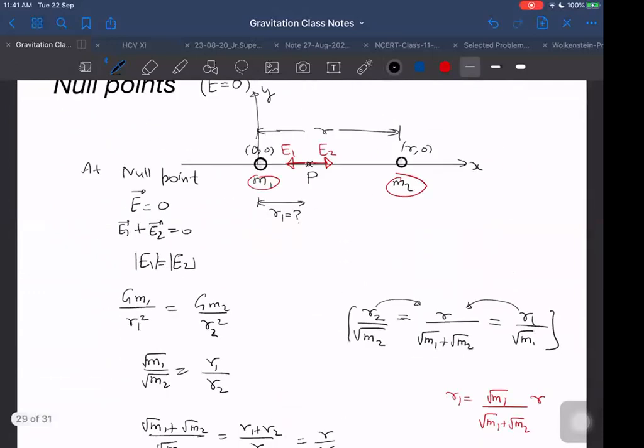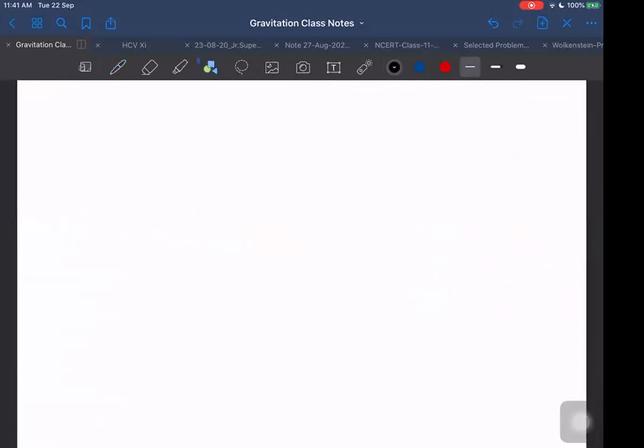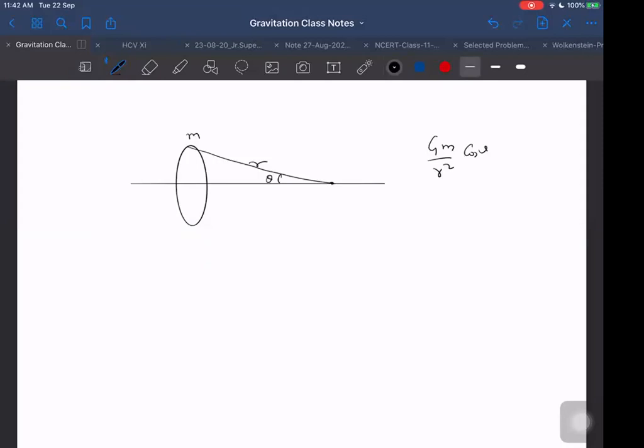Sir, these 2 point masses also are like a ring only, because the formula for the 2 point masses was the same as that of a ring. You remember, the ring formula was also the same as that of these 2 point masses. Let us write again for the ring. What is the formula for the ring? As you know already, if this oblique distance is R, then G M by R square cos theta. So it is the same as that for the 2 point masses. That is the formula for field.